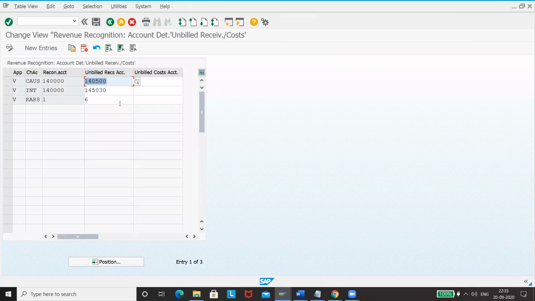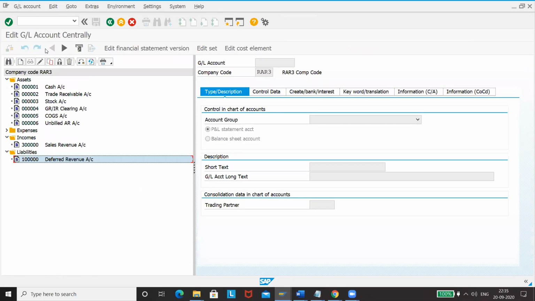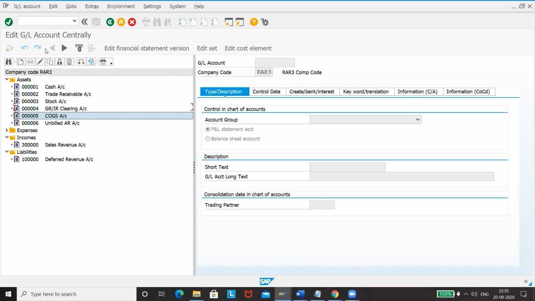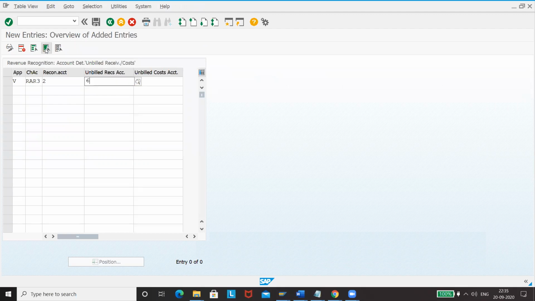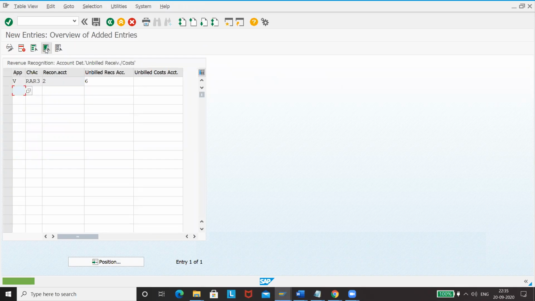So what we have to do: this is V, chart of accounts is RAR3. The recon account, what is our recon account? Our recon account is 2, and our unbilled AR account is 6. Save this one. Now with this, the SD integration steps are also completed.